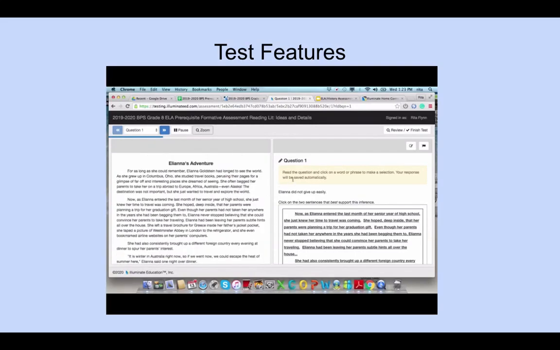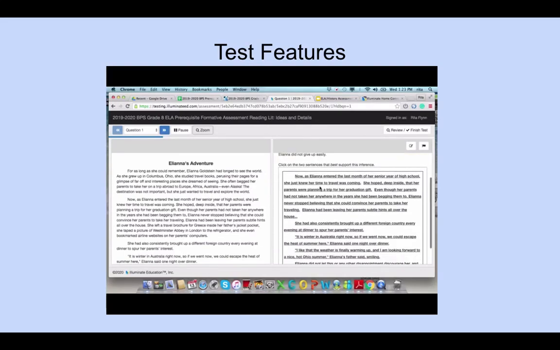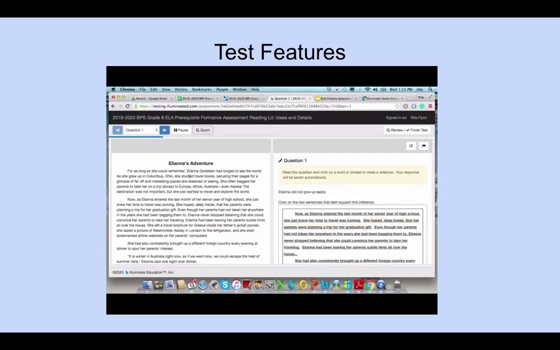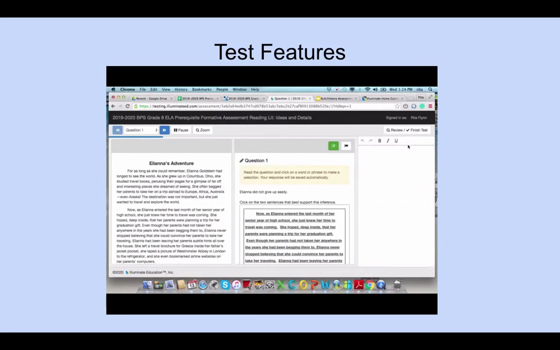You also will notice that there are directions on the right-hand side with questions, and that there's the text on the left, just like whenever we take a test. Now, some other really important features I want you to pay special attention to are in this right-hand corner. If you click this little pencil and notepad feature, you can see this is where you can take notes on what you have read. So before the test, we reviewed with you that you should be annotating for main ideas